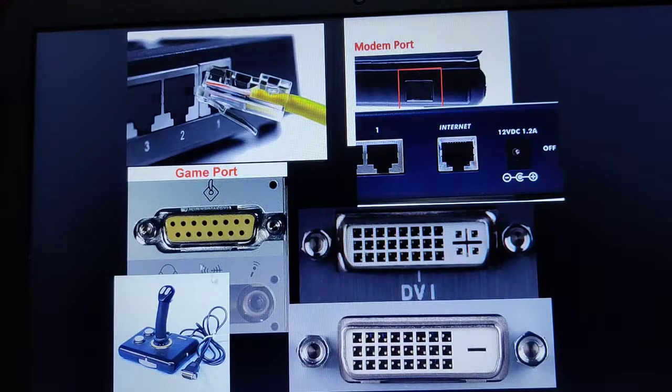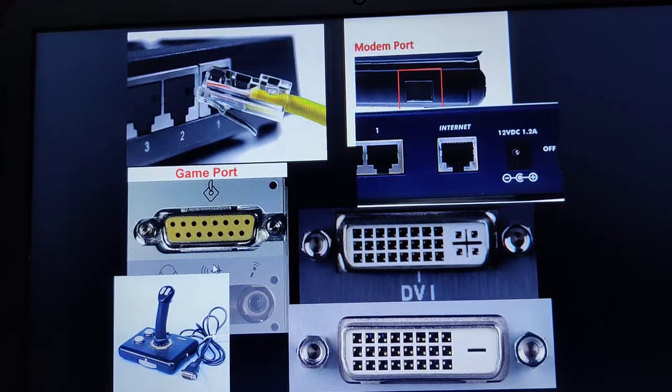Nowadays this game port is being replaced with USB ports. USB ports allow you to connect 127 different devices, and provide a higher data transfer speed also. So nowadays, we don't find this kind of game port.